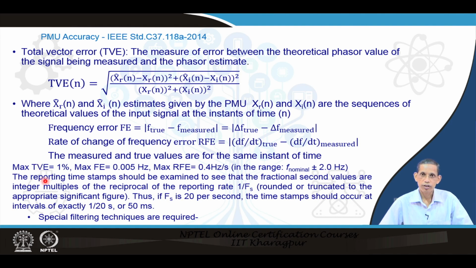So, this means that to accomplish this kind of accuracy, the standard covers different measuring situations. This is about steady state, and there is also a dynamic state estimation process, for which the corresponding TVE, FE and RFE are also defined in terms of the standard. This requires special filtering techniques, beyond the DFT that we have learned from the relaying perspective. Different windowing concepts, such as the rectangular window and others, are generally used for the estimation of phasors, frequency and so on.